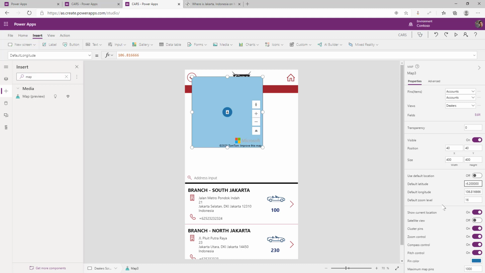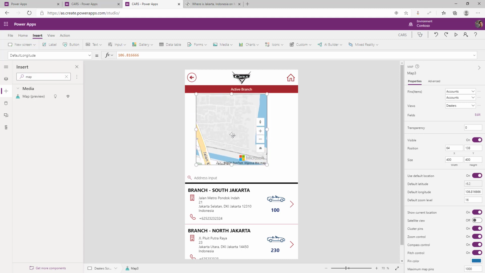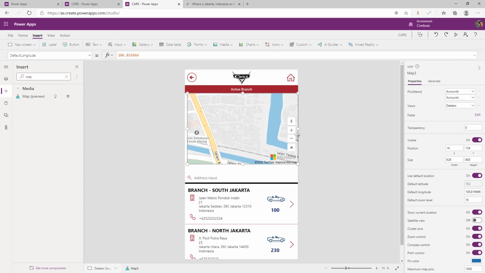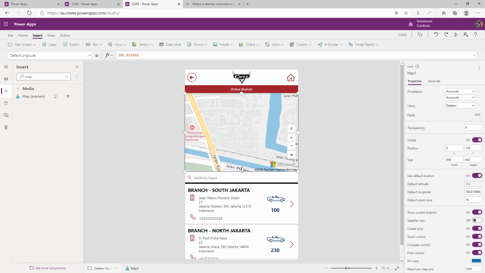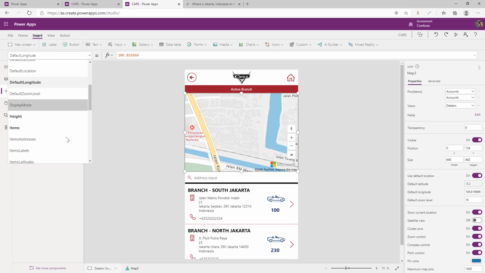Okay, and then I enable the current location, then I resize the map view. Okay, the next thing I want to do is link the item latitude.